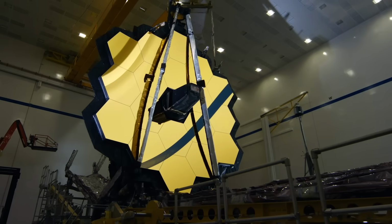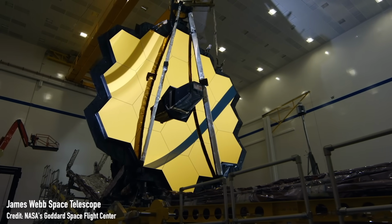On top of that, the star and this whole system is estimated to be 7.6 billion years old. That's 3 billion years older than the Sun and the solar system. So there has been plenty of time for life to develop on these planets if they're habitable, if they have atmospheres. And that is the big question here that we're hoping that the James Webb Space Telescope, JWST, can help